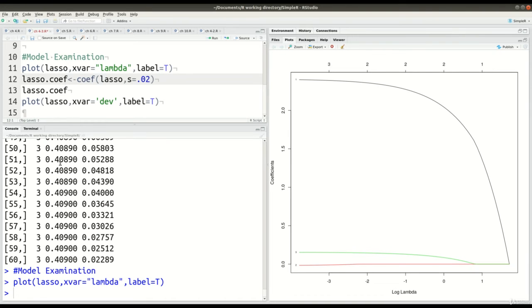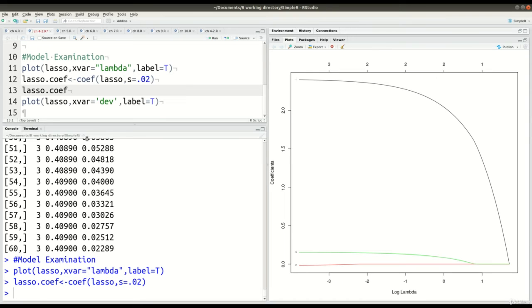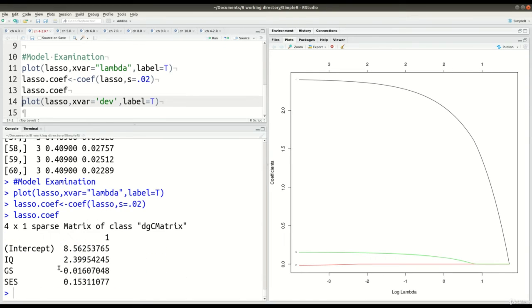Okay, so as we look at the plot here, I mean not the plot, but the printout here, it seems like setting the lambda to about 0.02 is the best option. And so you can see right here in line 12, we've already set that up with our object called lasso.coef, and we set the lambda to 0.02 because that looks like it'll give us one of the better results for our deviance, percentage of deviance explained. So we do that, press Control Enter, and then we want to look at the results, Control Enter, and so